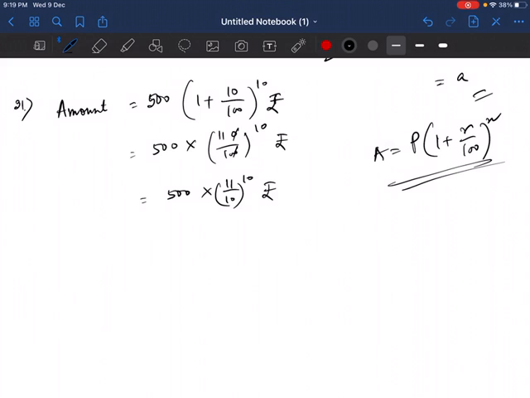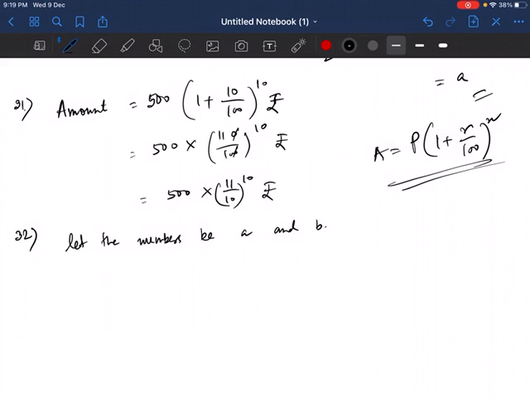Achha, question number 32. Question number 32 says, if AM and GM of the roots of a quadratic equation are 8 and 5 respectively, then obtain the quadratic equation. Now, roots of a quadratic equation. So we have learned this one. Achha, AM and GM are roots. So first thing, let the numbers be A and B. So first thing, we assume that the numbers be A and B.